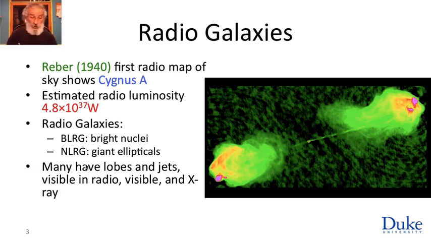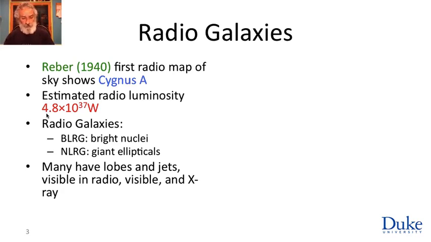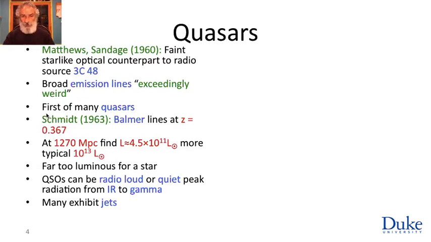So we have this hugely luminous object, radio galaxy. This is a characteristic luminosity. That is the second type of strange galaxy. Radio astronomy also gave us a third kind. As radio astronomy developed, there were lists